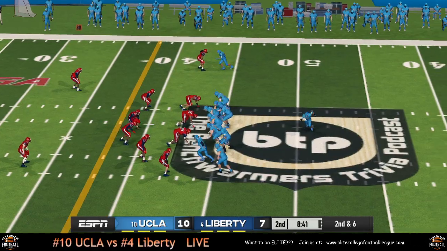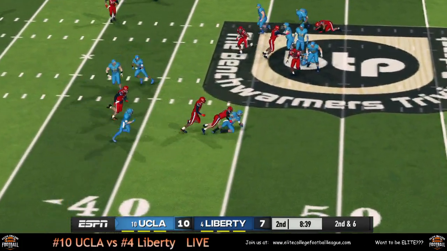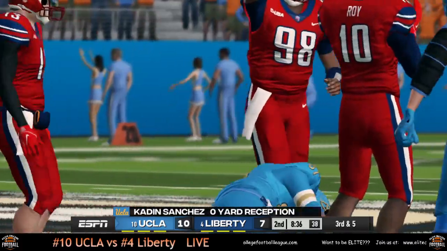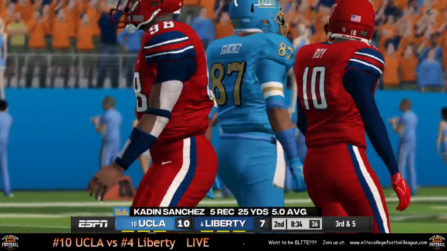Under the center again, bunch formation to the left. He's going to throw it pretty quick, and Sanchez gets no yard reception.